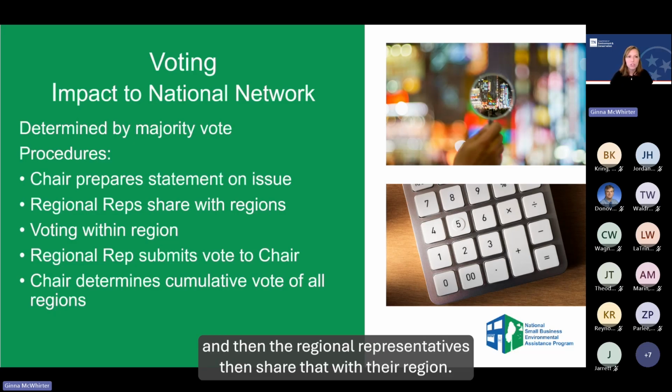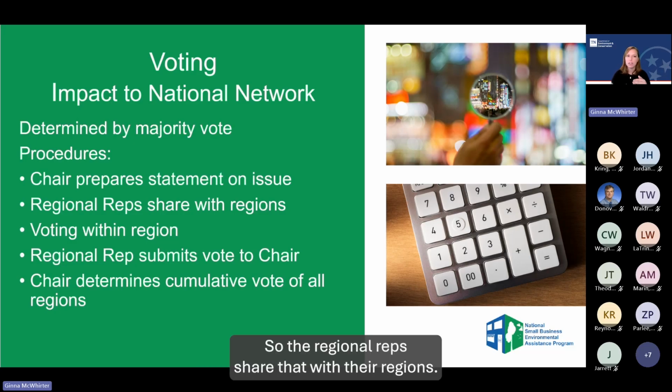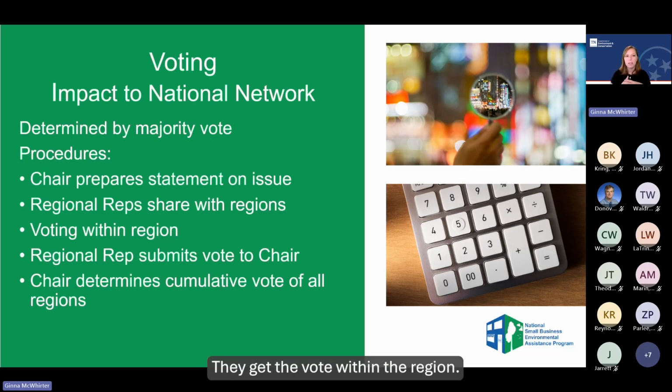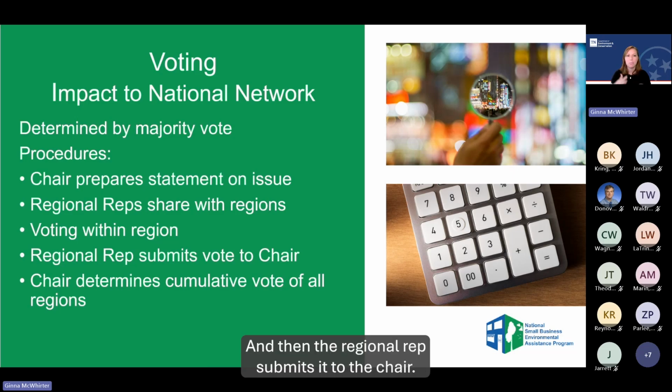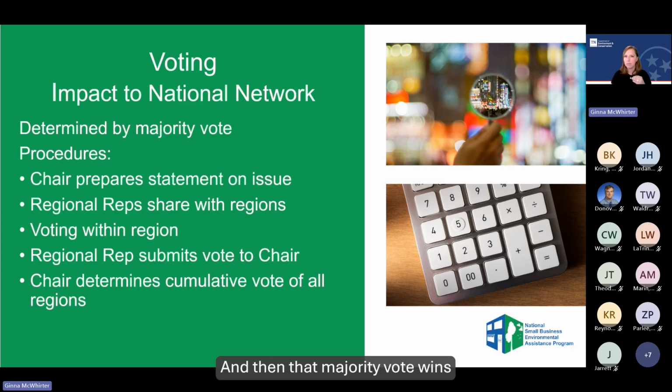And then the regional representatives share that with their region, similar to the election voting procedures. They get the vote within the region, and then the regional rep submits it to the chair. The chair determines the cumulative vote of all the regions, and then that majority vote wins